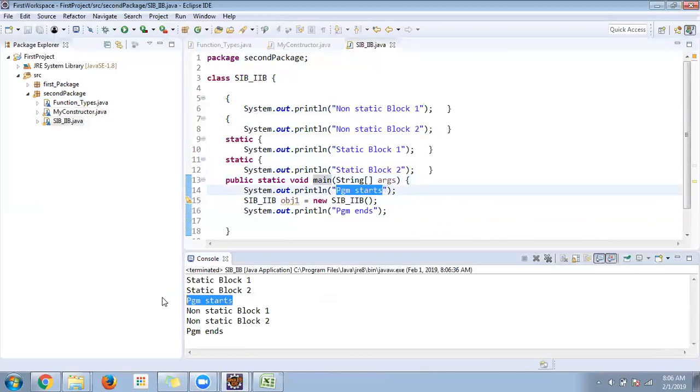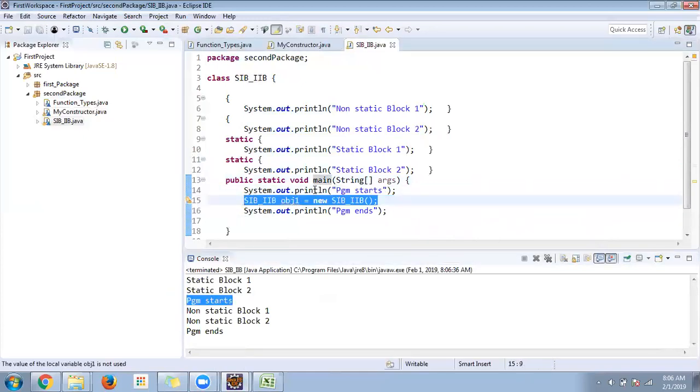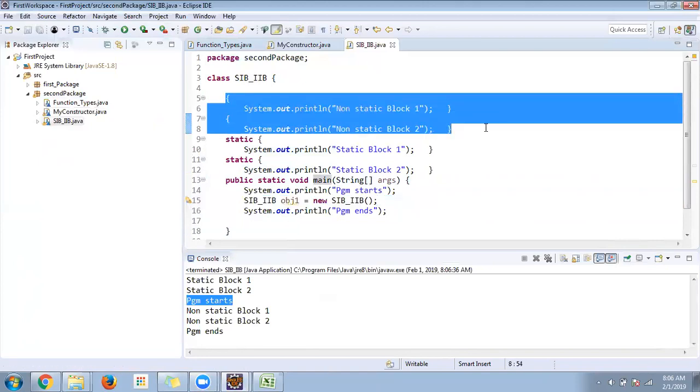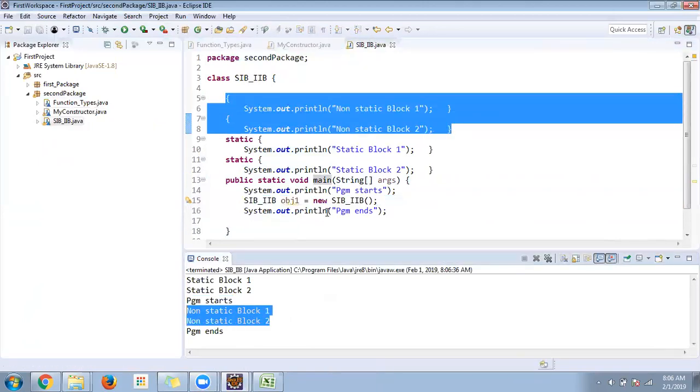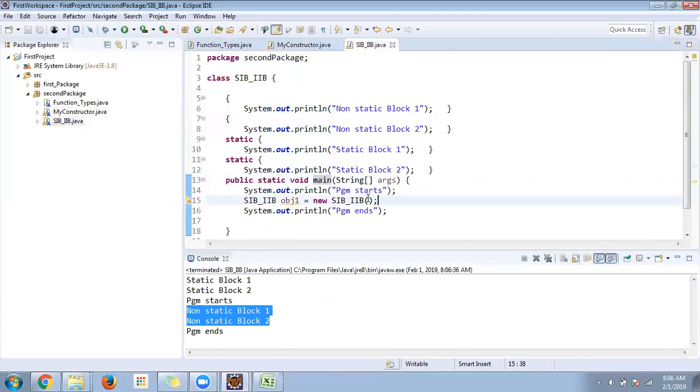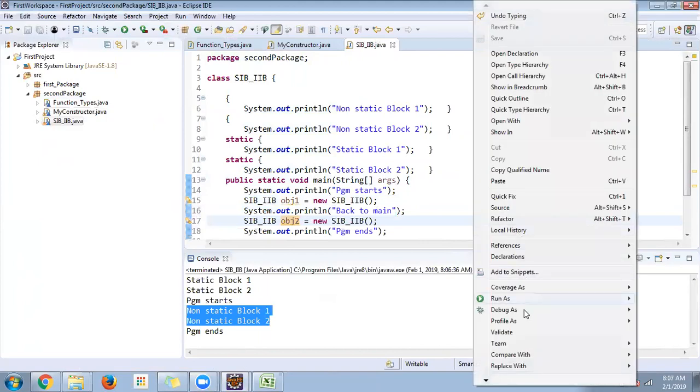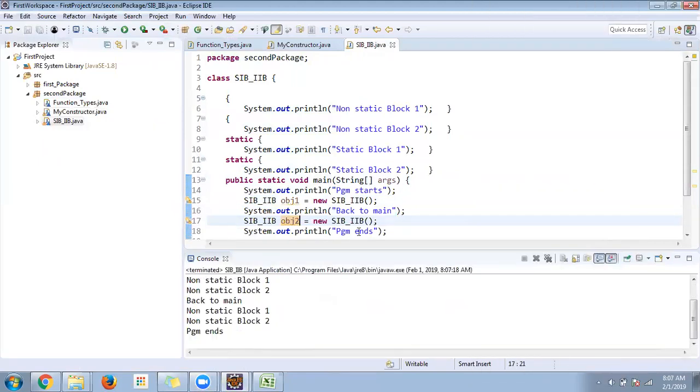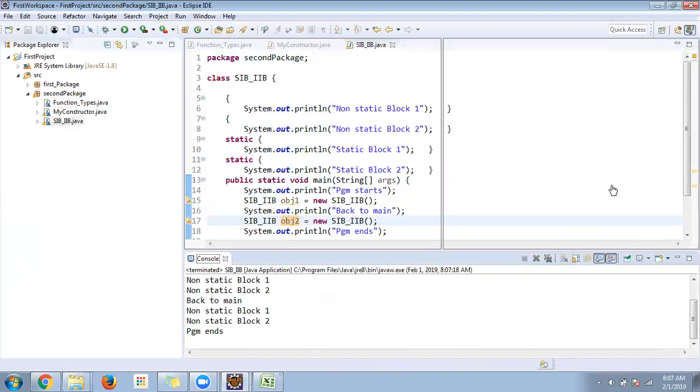Program starts, and then we create an object. When we create the object, the non-static blocks are being executed in a sequential order. Then finally, program ends. So here I will just give sysO program back to main. And once again, I'll try to create an object. Now, if you see obj2, now if you see my output,